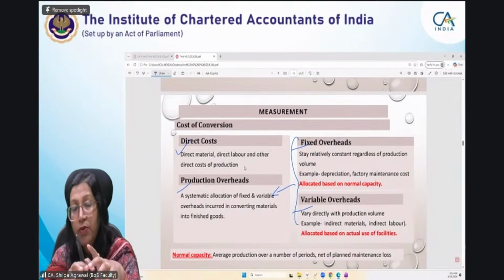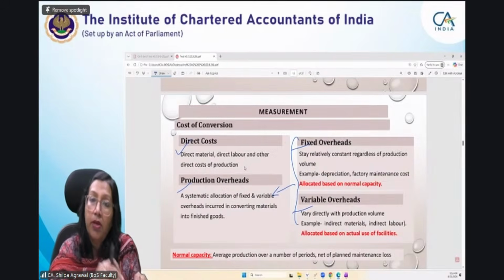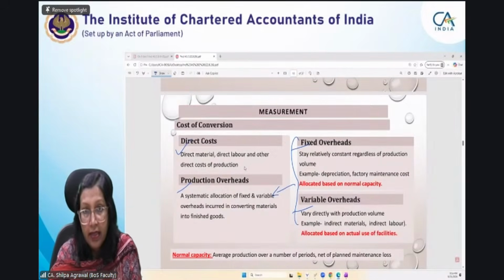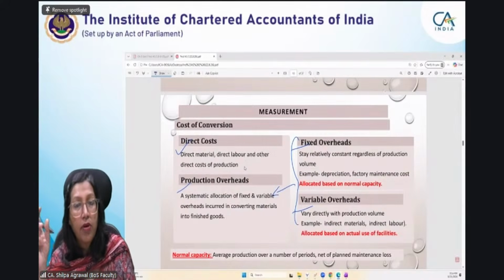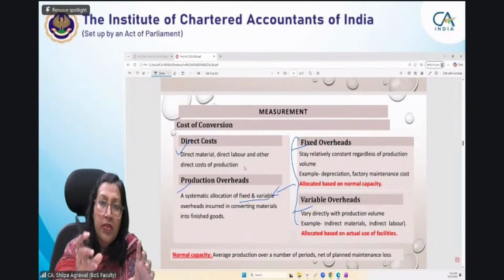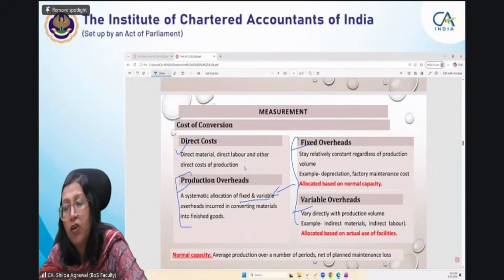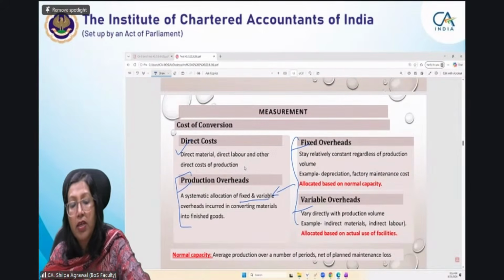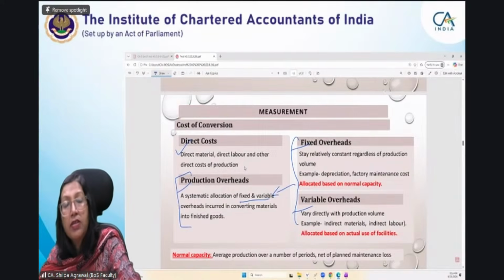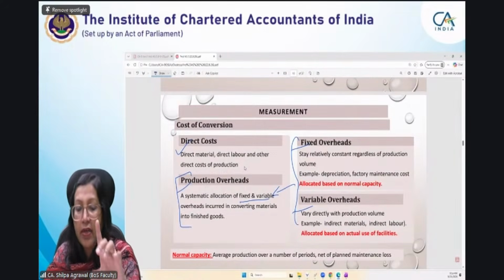Manufacturing is taking place in the factory, but there are some administrative staff also who are looking after this, or they are contributing to the manufacturing directly or indirectly. So for that indirect contribution, for both fixed and variable, some allocation is done, some percentage dedicated to the manufacturing of inventory, and that will form part of your production overhead. Right now we are not talking about production overhead. We'll be talking about the direct cost, that is freight, any directly related cost which we incur to bring the asset to its present condition or present location, and then fixed overheads and variable overheads.